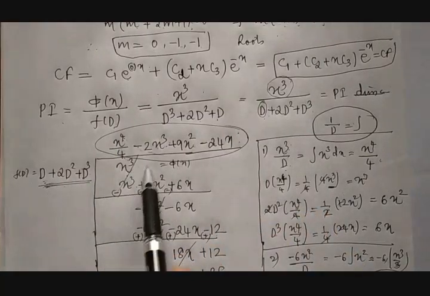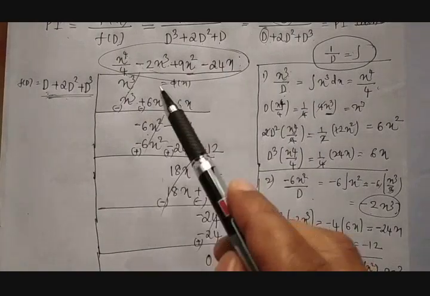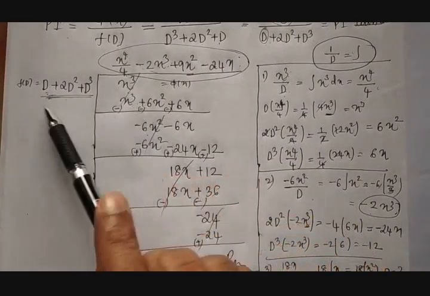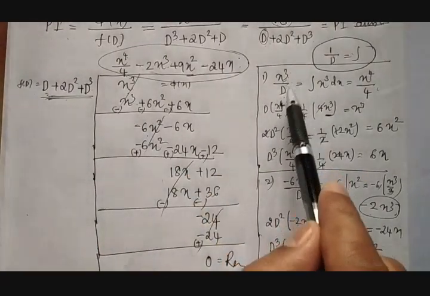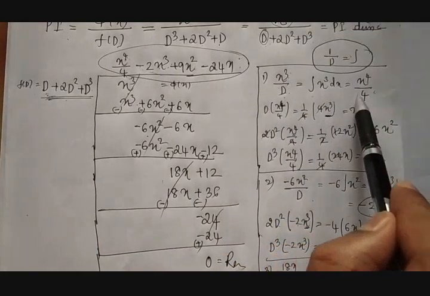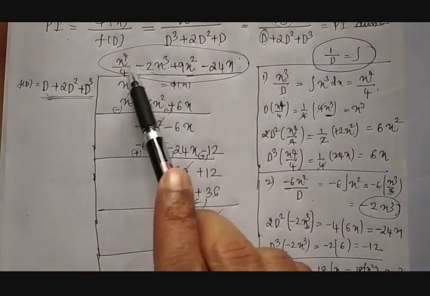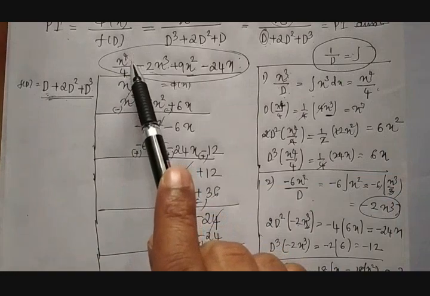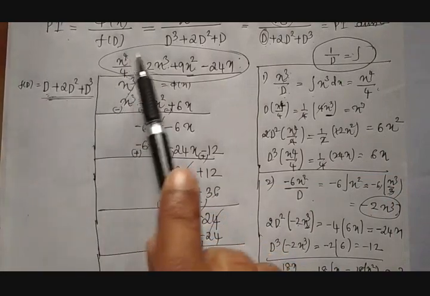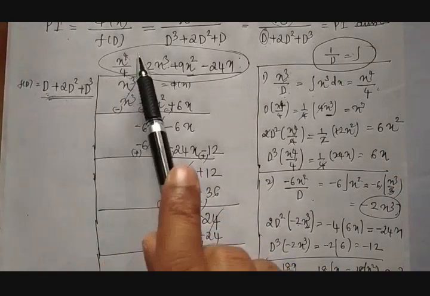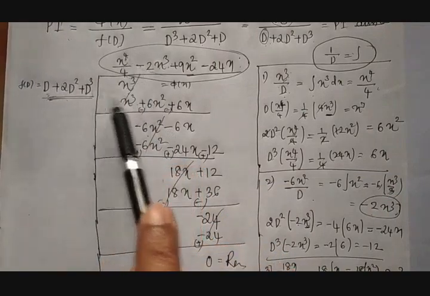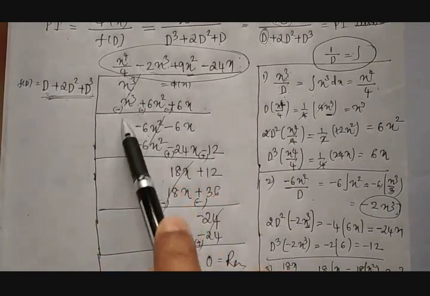That is written like this. Then that will be written here. We need to go for a division. Division is not possible at once. So what we do? First term divided by first term we take, but 1 by D is nothing but integration, that is taken. So that term is written here. Okay. So next, this quotient term into f of D, each and every term to be multiplied. So this into this, this into this, this into this, that is written here.